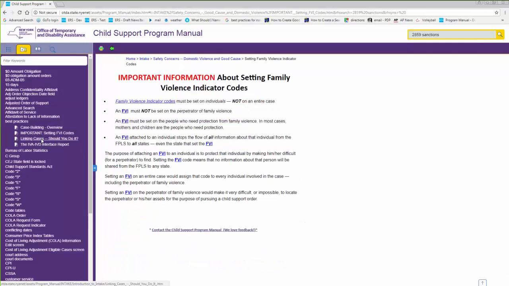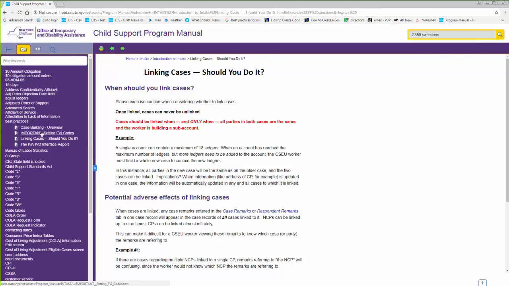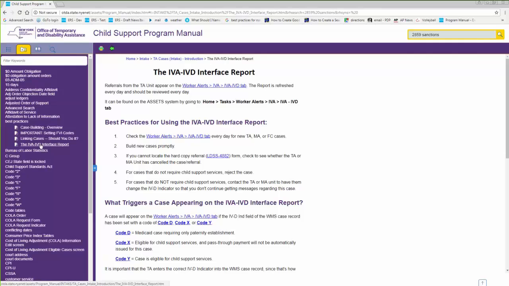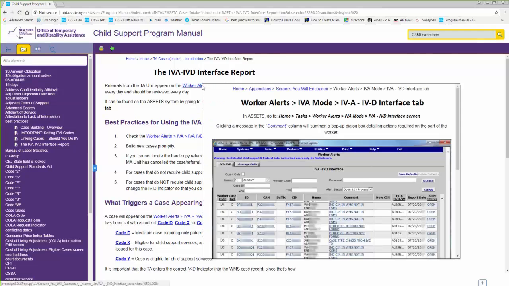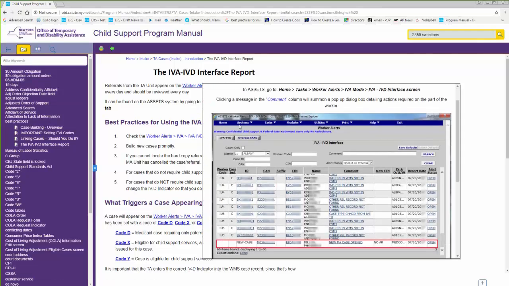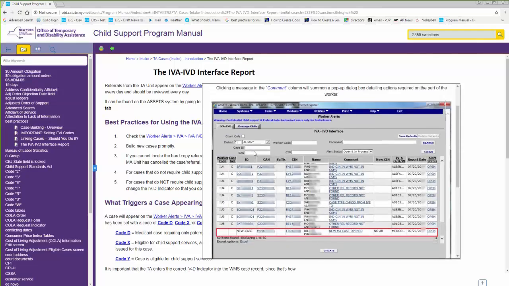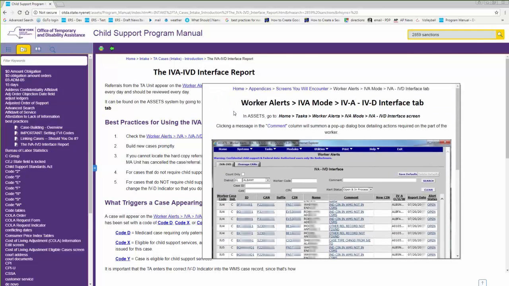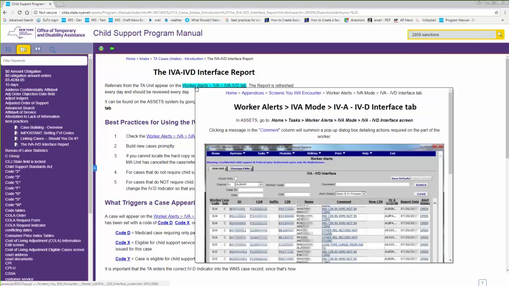If we leaf through these pages, which we can do, well, let me look at this here. Let's look at this page, the 4A, 4D interface report page. We've got several more features on this page. One, wherever you see an asset screen mentioned here, you can click on that mention and get a pop-up of the screen right here. Every mention of every screen. Again, click open, click closed. Open, closed.